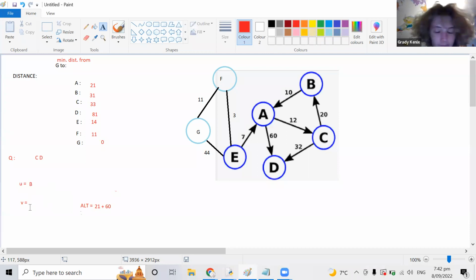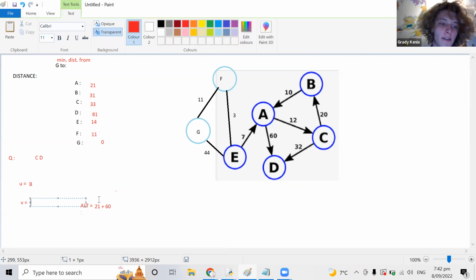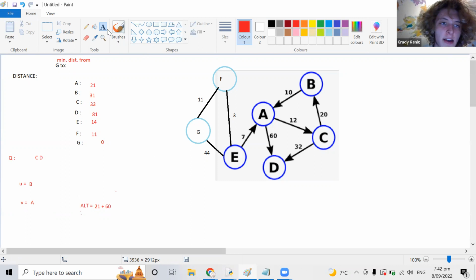So anyway, getting a little off track, but now that we've got U equal to B, we need to consider all of its neighbors. That's A and C. So we're first going to consider V equals A, and then we'll consider V equals C. In the case of V equals A, the alternative distance will be the distance from G to B plus the distance